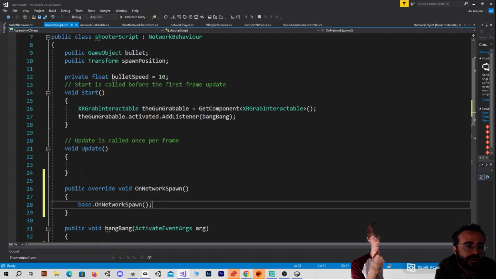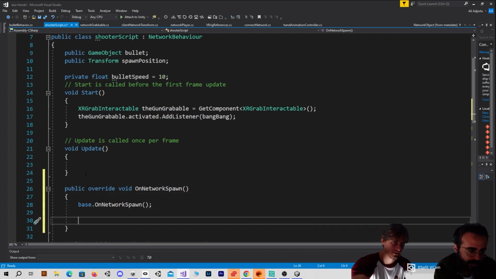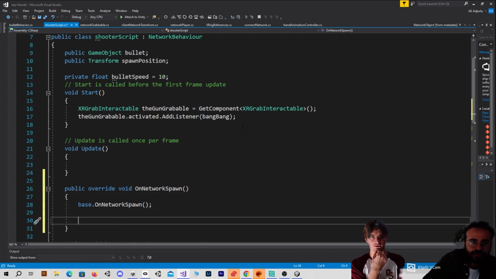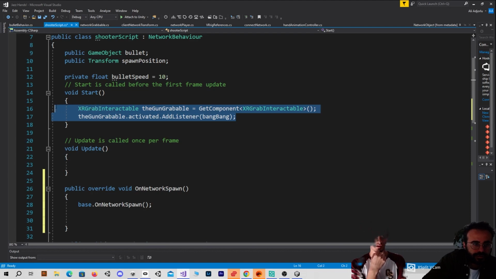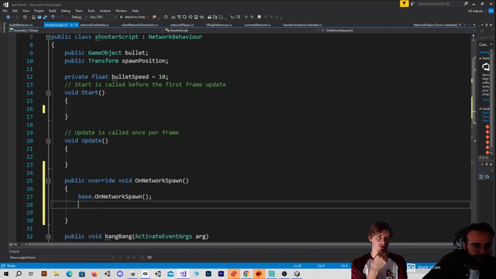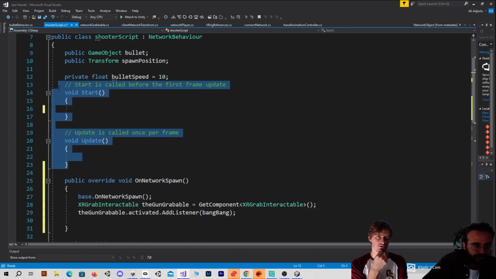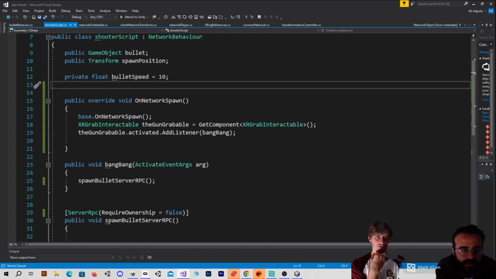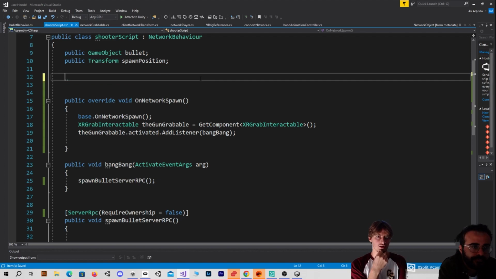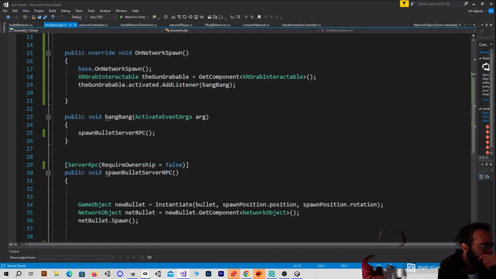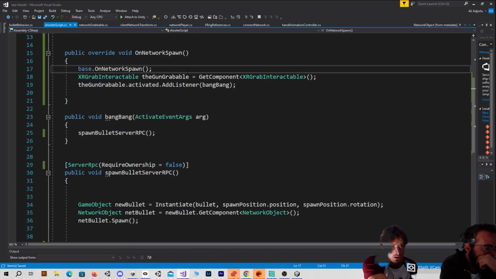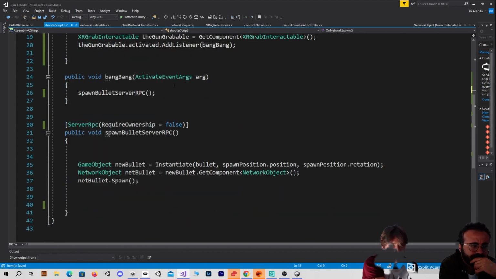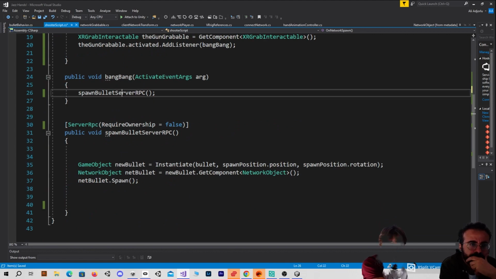And then after this, we're gonna add the same things as we added on start. And then we can delete both the start and update method, just to clean up a little bit. We're not using the bullet speed here, so we can actually also remove that. Great. Besides this, we have network spawn, we have that, bang bang, which calls our spawn bullet